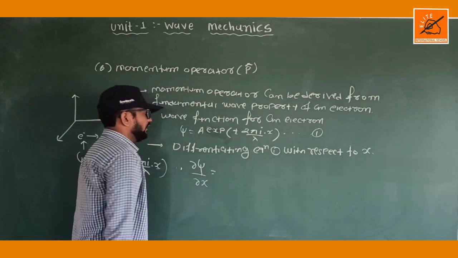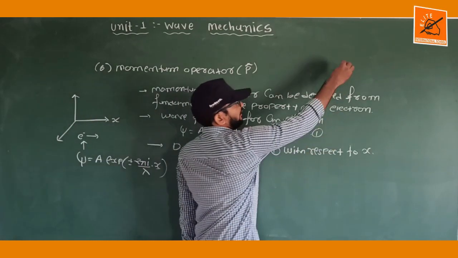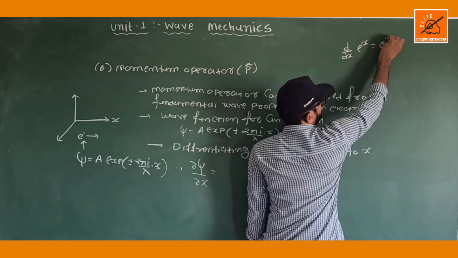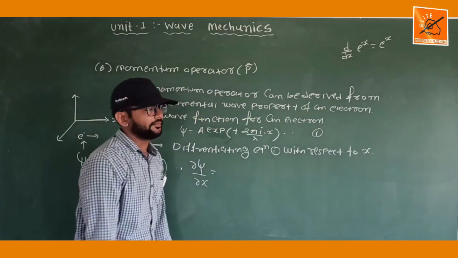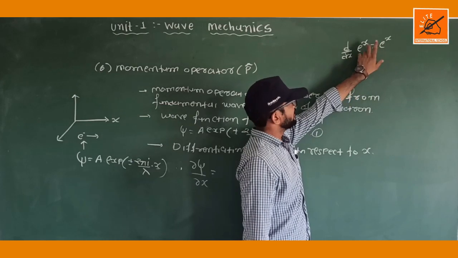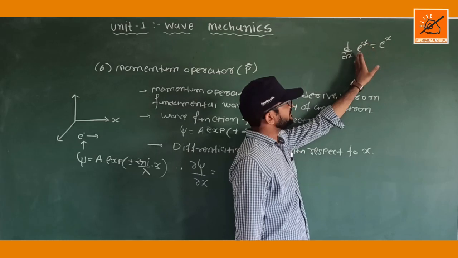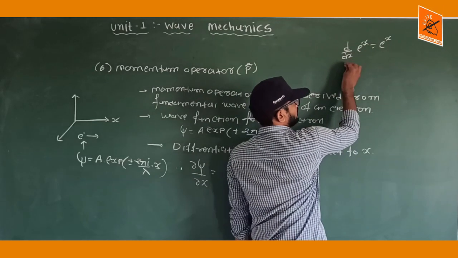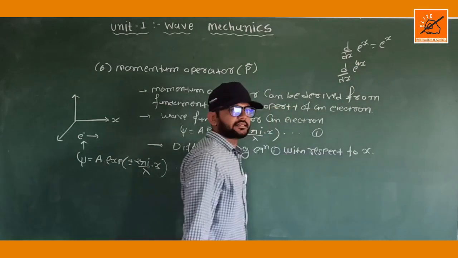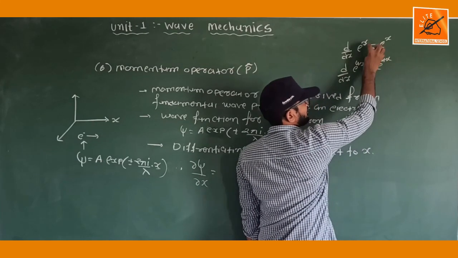In this case we need differentiation of the exponential. The general formula is d by dx of e to the power x is equal to e to the power x. Here the power is exactly x. But when the power is not exactly x, suppose d by dx of e raised to 4x, then e raised to 4x remains as it is,